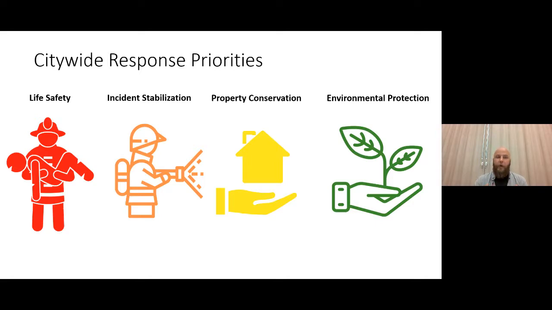So post-earthquake, there will be collapsed buildings, there will be fires. We want to first protect lives, but then we really need to mitigate those situations. We need to put out the fire. We need to stabilize infrastructure so the situation doesn't get worse. Those are really the first 2 things, and those really both go toward protecting life safety. Next is property conservation. Obviously, recovery is going to be tough. We want to protect as much property as we possibly can. And then environmental protection. We want to make sure that we're protecting the environment. But at the end of the day, life safety is going to win out over environmental protection.